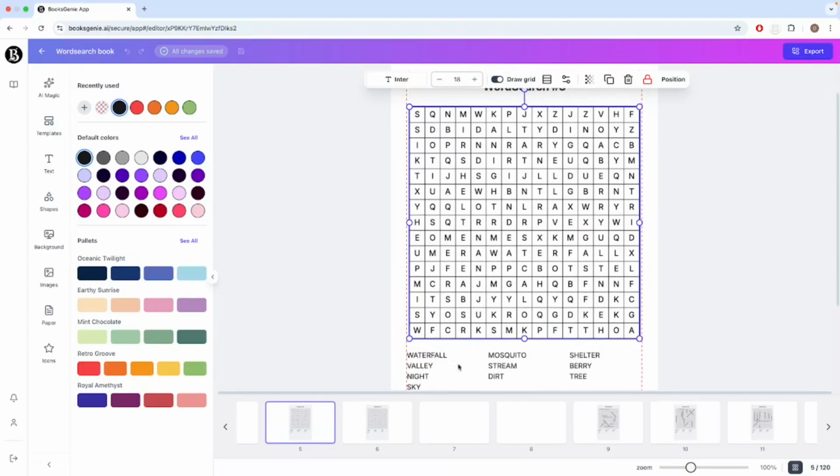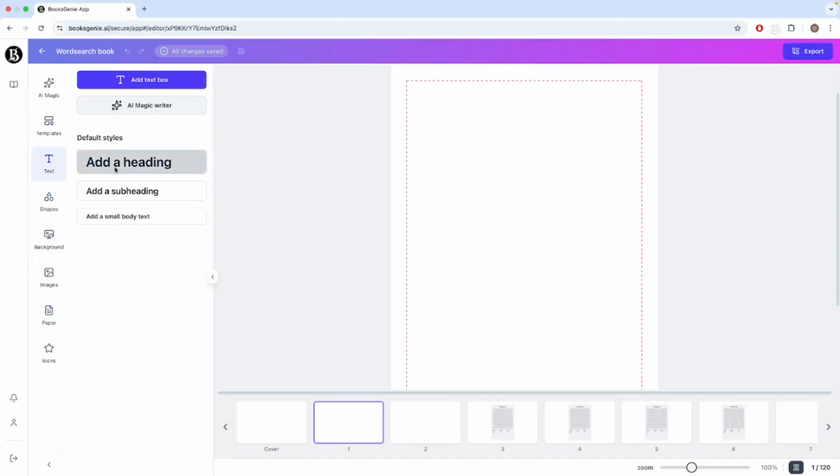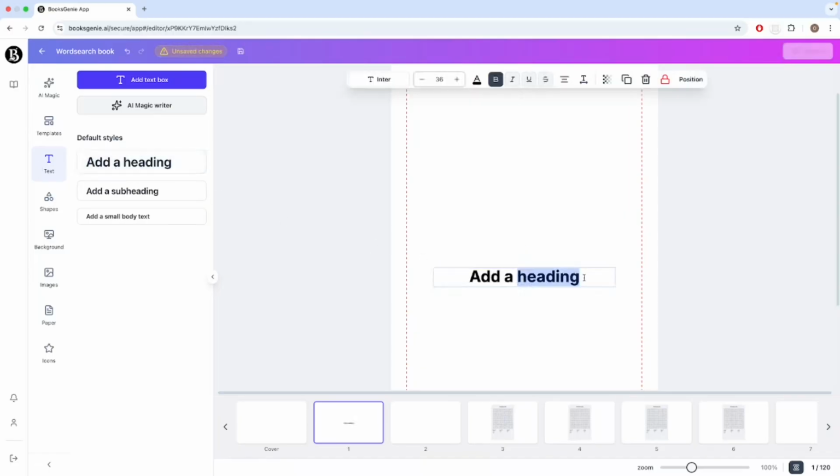All right, now that we have our puzzles in place, what I usually do when I'm creating the book, as I said, the first thing we need to do is provide a title for our book. So I'm just going to go to the first page, which is the title page in my case, and go to the text and then create a heading. In this case, I'm just gonna do words search